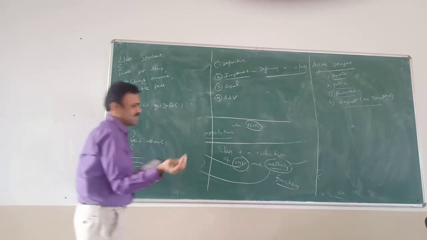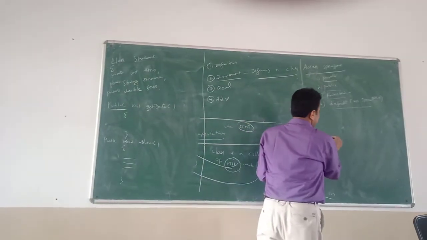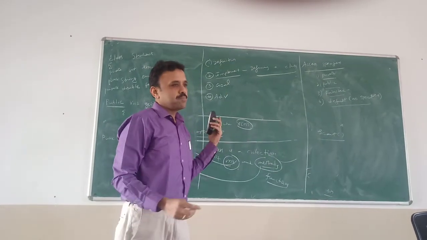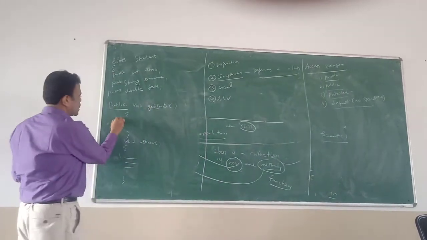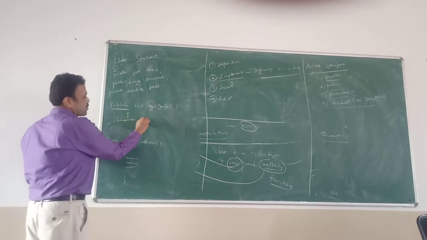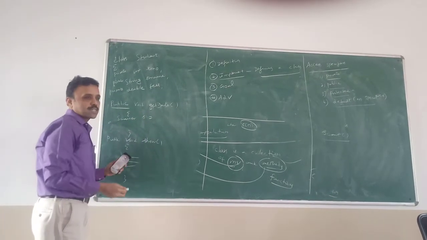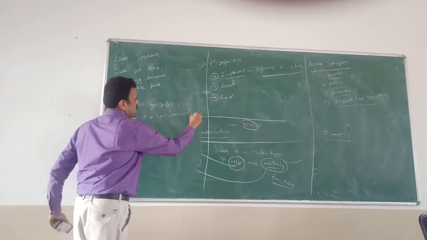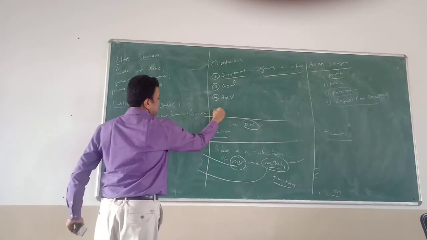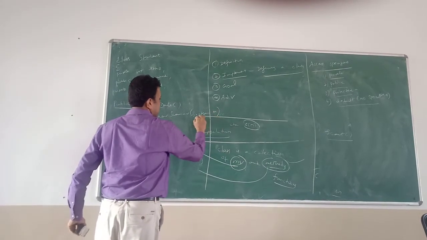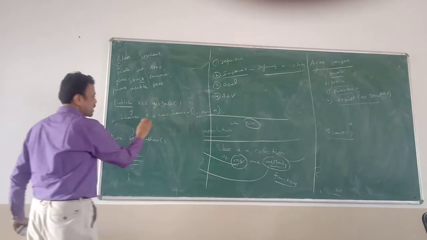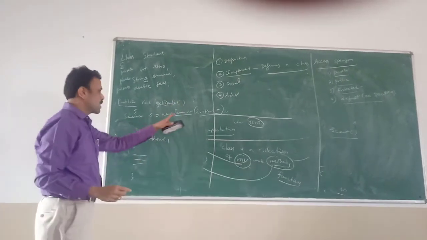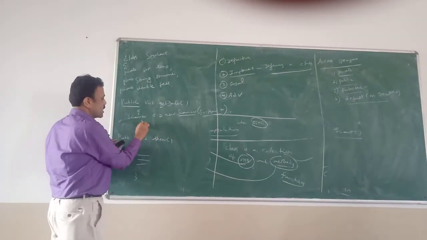How to get input? In simple terms, in C language we use scanf, but in Java we cannot use scanf just like that. So here we need to follow a procedure where I need to create an object for the Scanner class. So Scanner s = new Scanner(System.in). Here System.in refers to the keyboard. So you are going to create one object for this. This is a predefined, built-in class. So you are creating an object for this Scanner class.